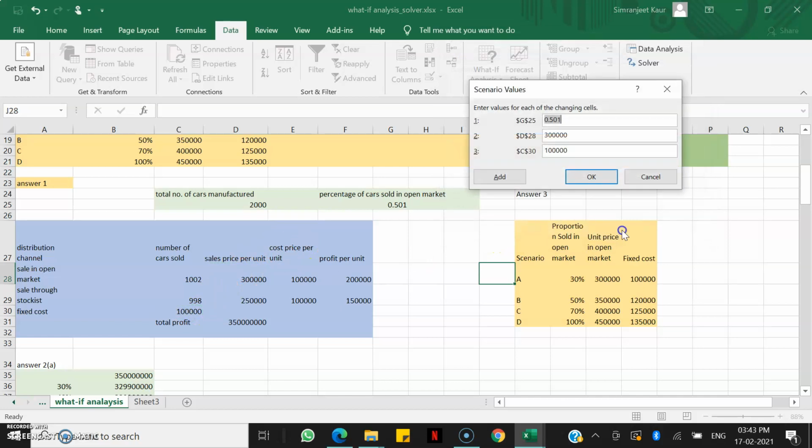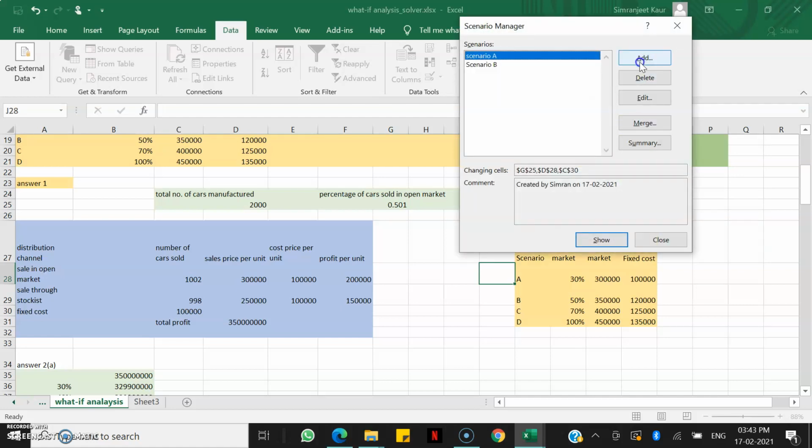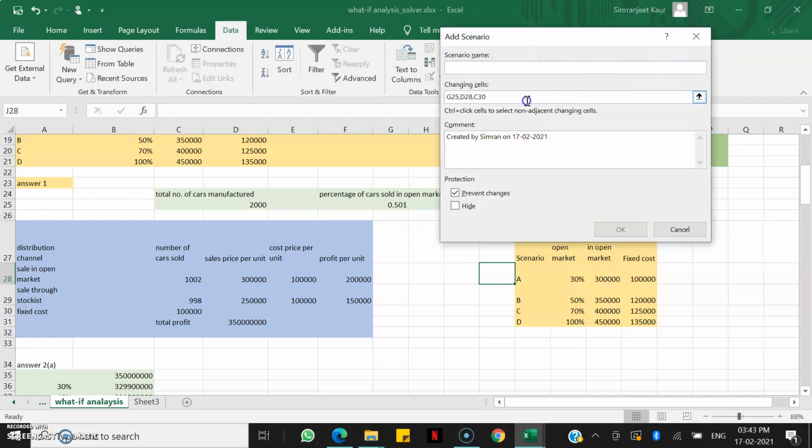I'll press OK. Now I'll enter the next one, which is 0.50, and my selling price is now changing to 3,50,000 and my fixed cost is changing to 1,20,000. I'll press OK.